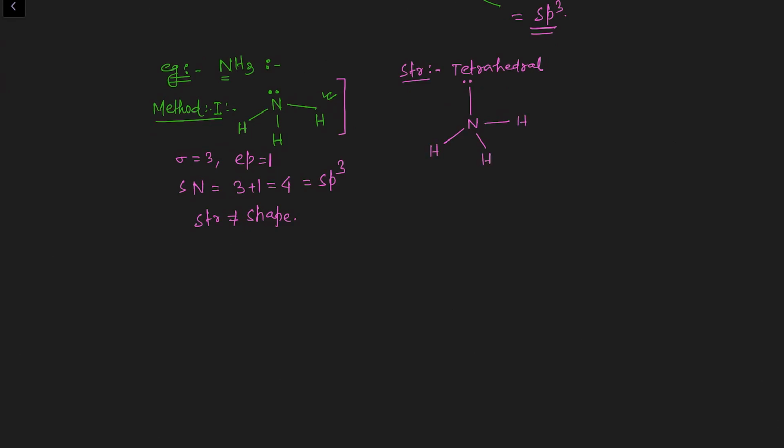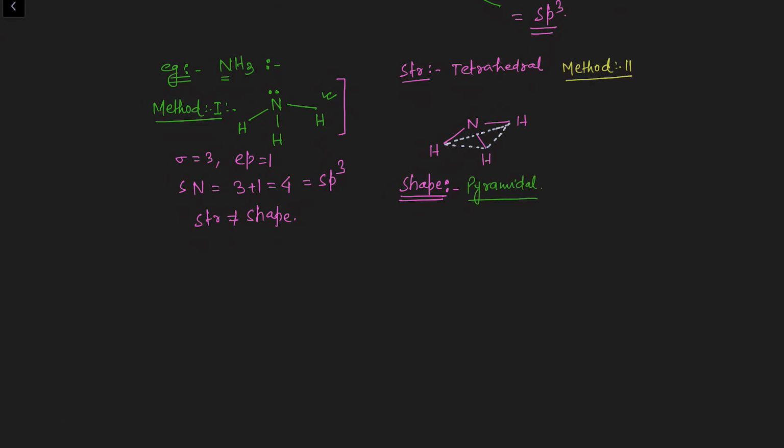Now you want to get an idea about the shape of the molecule. For this, just hide the lone pair for some time. For hiding it, I am just going to erase this lone pair. Now check which shape is visible. Once you check, you will find this type of shape is visible. What is this? Once you observe it, this is pyramidal. Now check the same thing with the help of method number 2 for NH3.